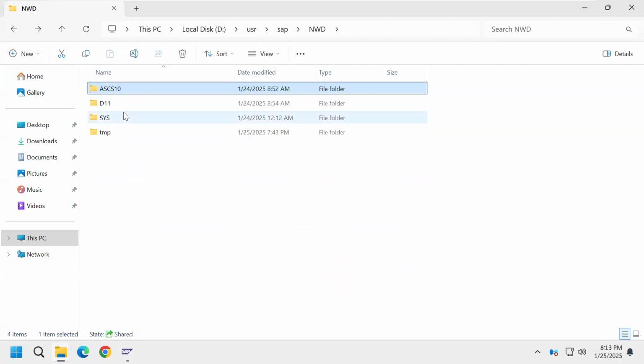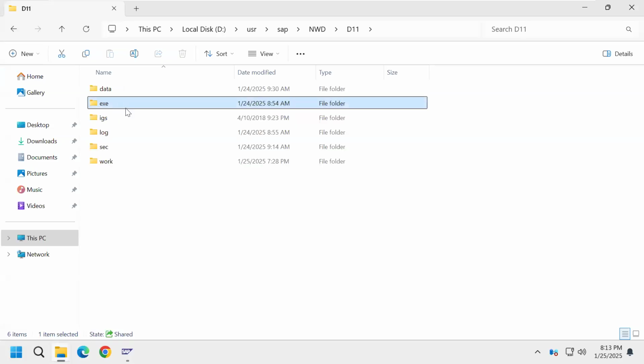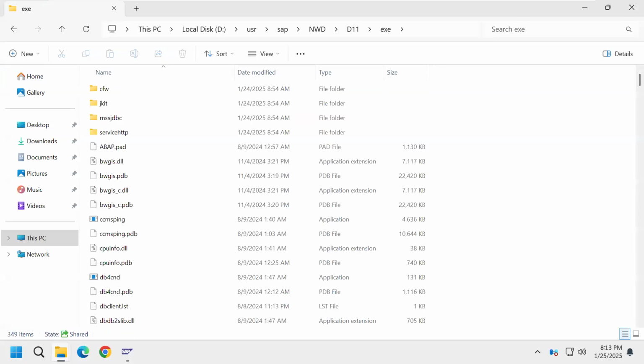Now I go to the ASCS instance kernel directory. When you install an ERS instance, in the ERS instance also kernel files are there. When you install an additional application server instance, in the additional application server instance also kernel files are there. So next class, on Monday, I will explain installing the additional application server instance. At that time I will show you how to start the additional application server instance. Okay,